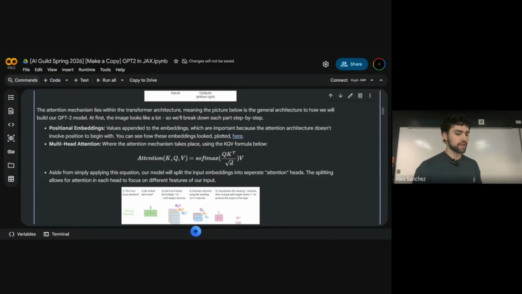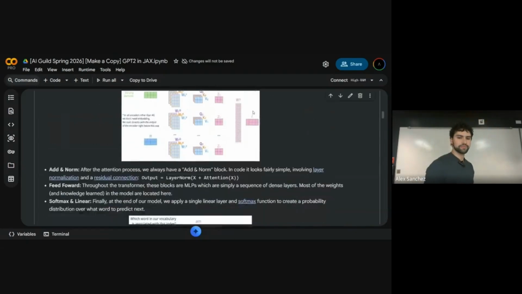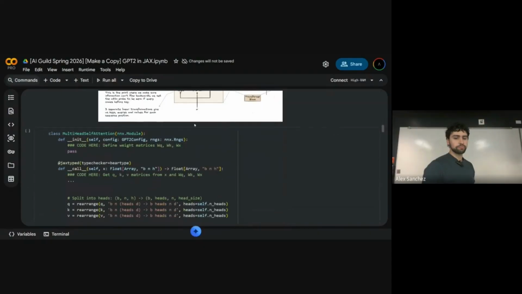So the query is saying, I'm Apple, does anyone describe me? The key says, I'm the word iPhone, I think I describe you pretty well. And the values is like, yeah, you are highly related. What you get there is a distribution of words that are related and words that aren't related, things like that.